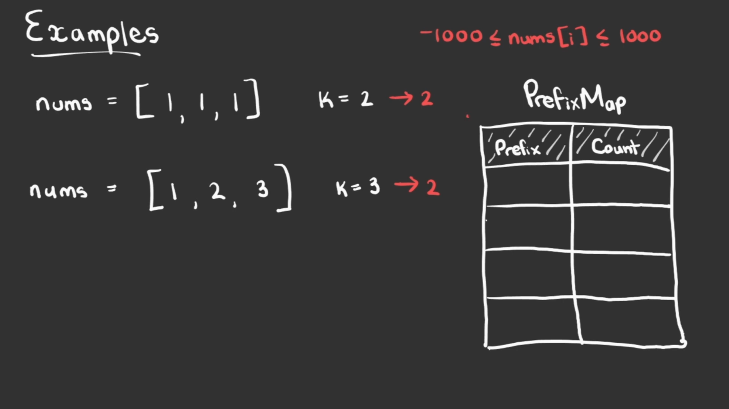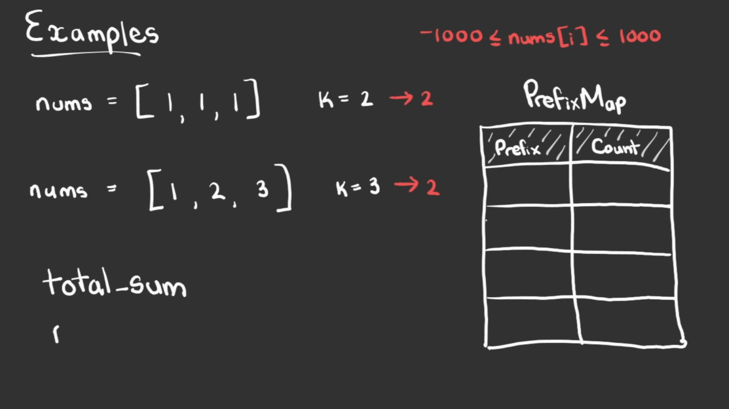Well, we can use a prefix map to keep track of the prefixes that we see when we're finding the subarray sums. For example, if we know that the entire subarray sum is 3, and we know it has a prefix sum of 1, we can just remove it to get a k value of 2. So then we're going to have to keep track of two values, a total sum